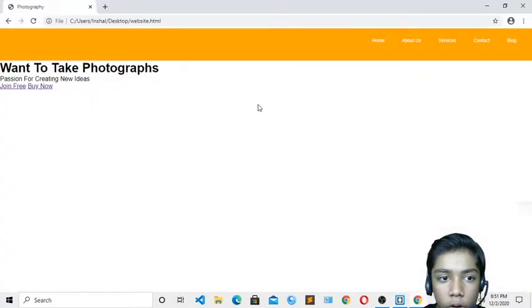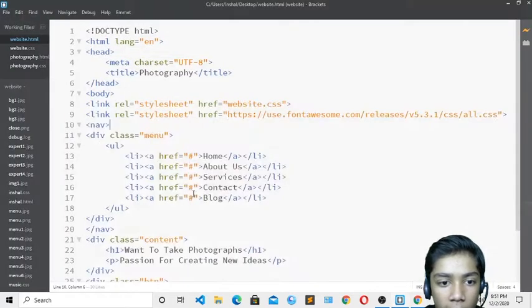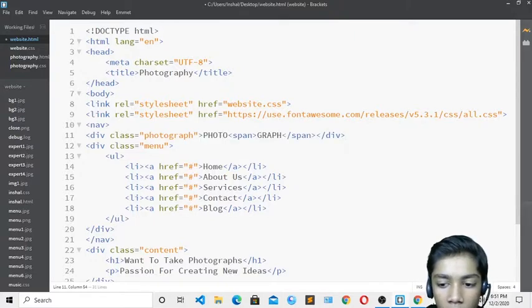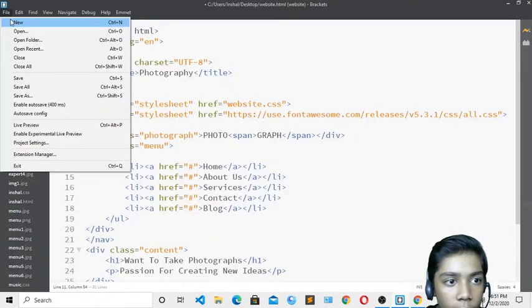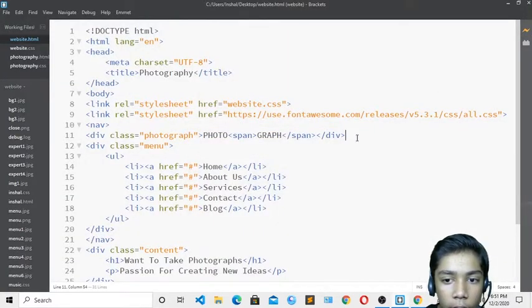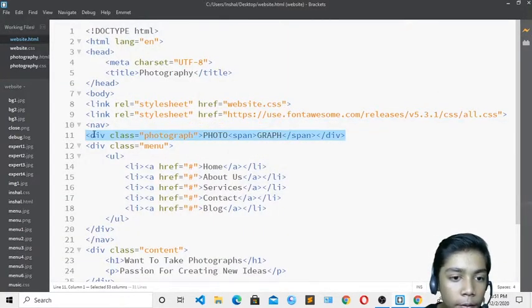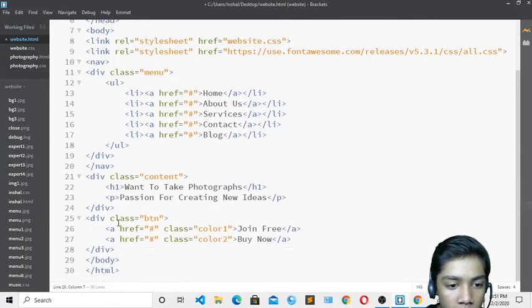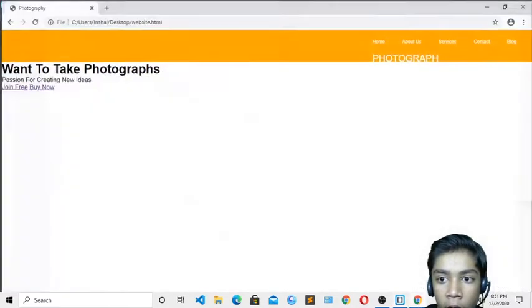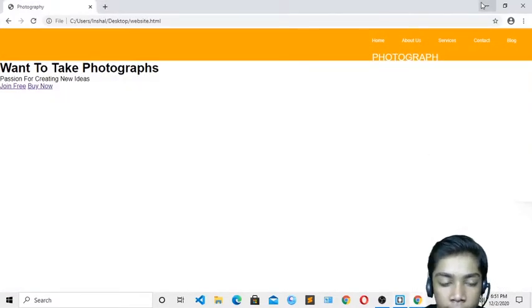Save. And now if I show you, it is coming like that, and here you have to change the size. So I will come over here, paste that, and now if you see that, save. Go over here. Now it is going again, so I will copy this from here and paste it underneath that. Come over here and paste, save that, and now if I show you, it is looking like that.